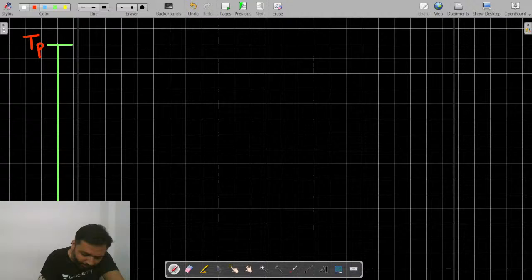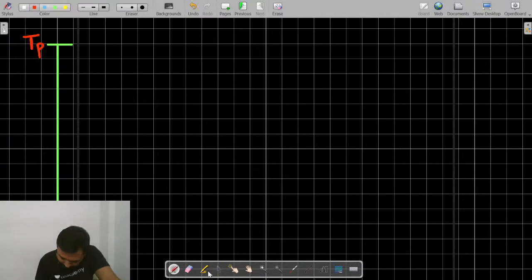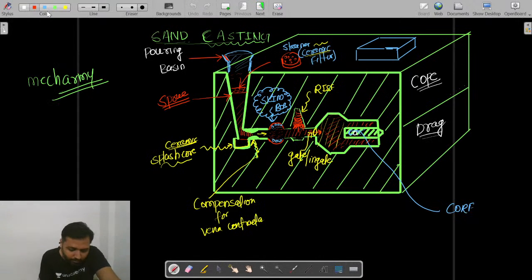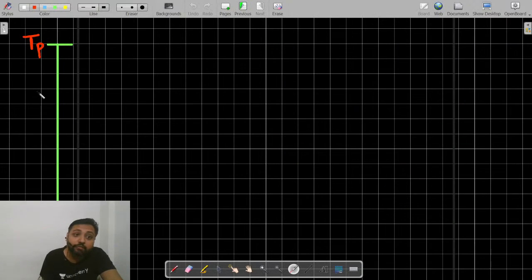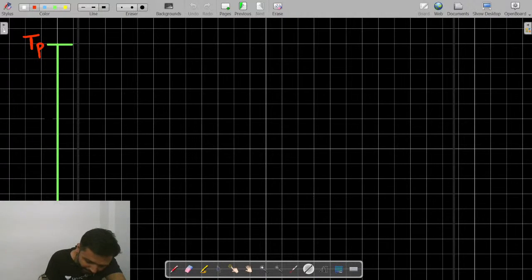Now, dear student, as the molten metal fills here, listen very carefully, this is a very important part that I am going to discuss. Its temperature will start to reduce. It will start losing heat into the surroundings and start to cool down, not solidify. Its temperature will keep reducing and reach a temperature that is what we call